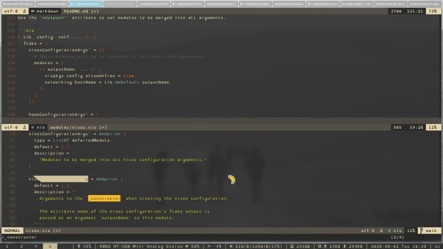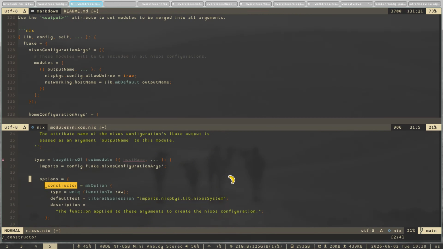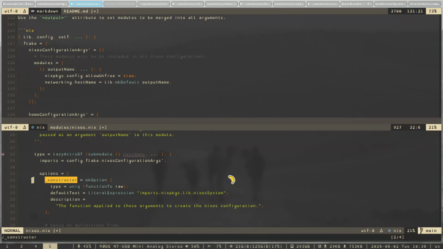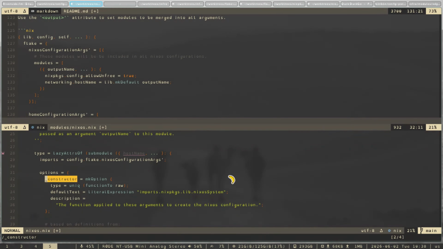That submodule is, okay, just the args. The args has an underscore constructor. And at the very bottom of the outlier file is where this is called. And it's an outlier